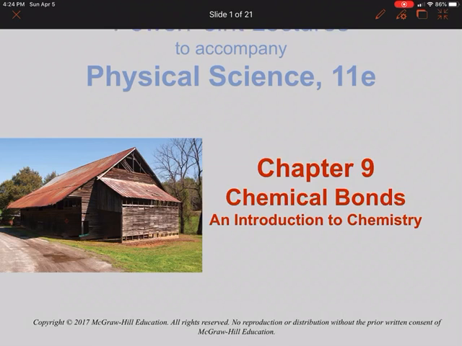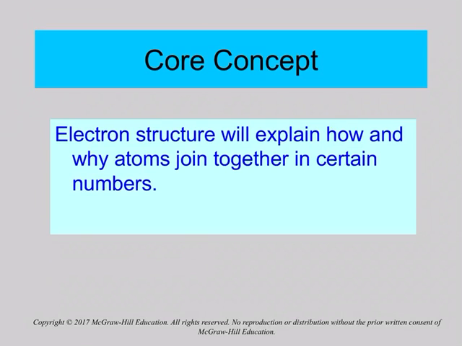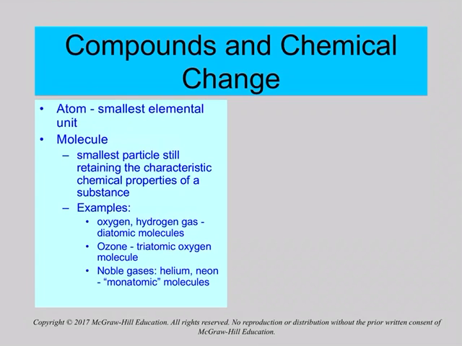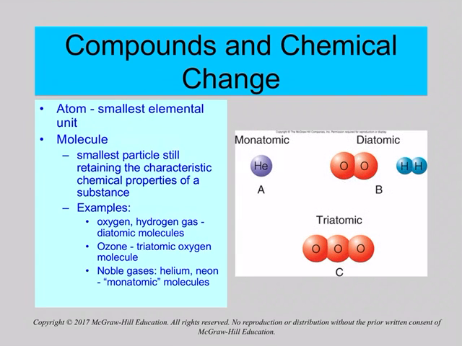Okay, guys, we are on chapter 9, chemical bonds. All right, so the core concept, electron structure, will explain how and why atoms join together and in certain numbers. Okay, so for instance, and we've got some